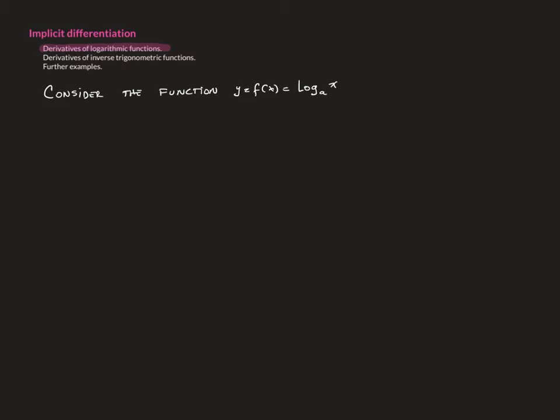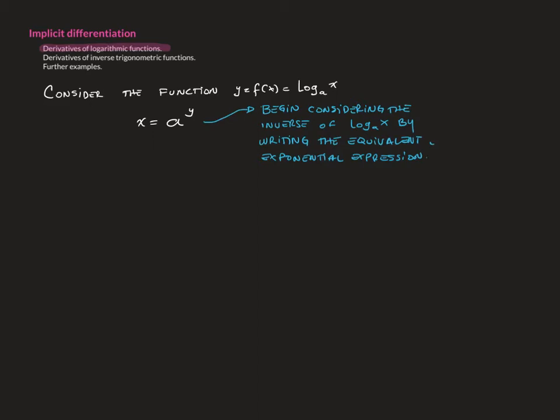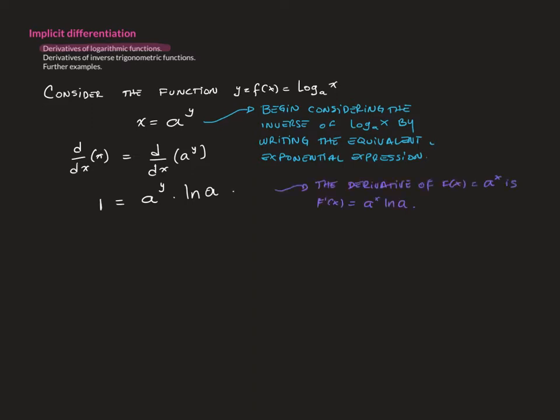Now let's consider the more general expression for the logarithm. Take log a of x as our next function. In this case, the exponential form of this expression is going to be x is equal to a power y. So similar to what we did for the logarithm, we are trying to do the inverse function of a power x, meaning we need to rewrite the expression that we know as a logarithm as an exponential, similar to how we did before. Now we want to differentiate on both sides, so derivative with respect to x of x is equal to derivative with respect to x of a power y, and we know the left hand side is equal to 1 and the right hand side is a power y times the natural logarithm of the base, ln a,